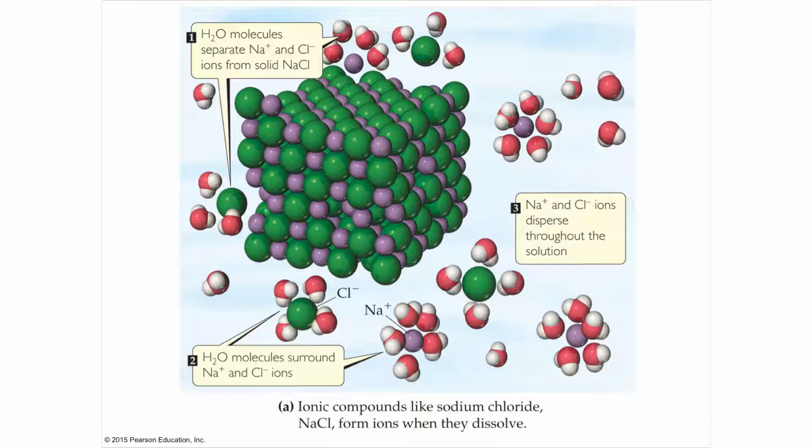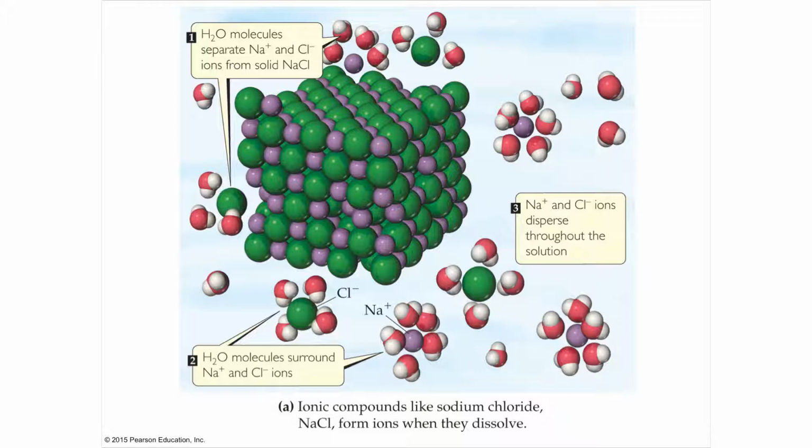So here is a water solution. So you have the water molecules, the red and white water molecules all over the place. And you have a grain of salt. This is table salt, which is sodium chloride, NaCl. And NaCl is made up of the sodium, which is the little guy, the purple guy is the sodium, and the chlorine is the green anion. So the positive cation is the purple, the green anion is the